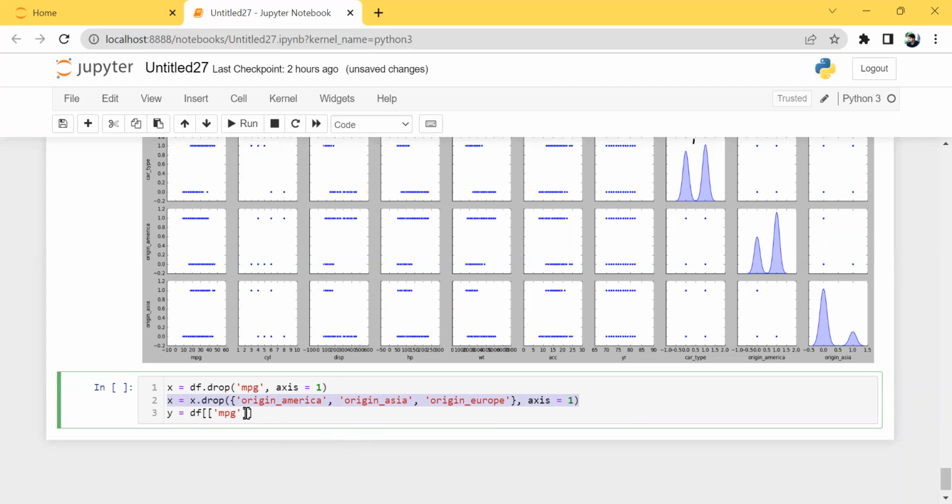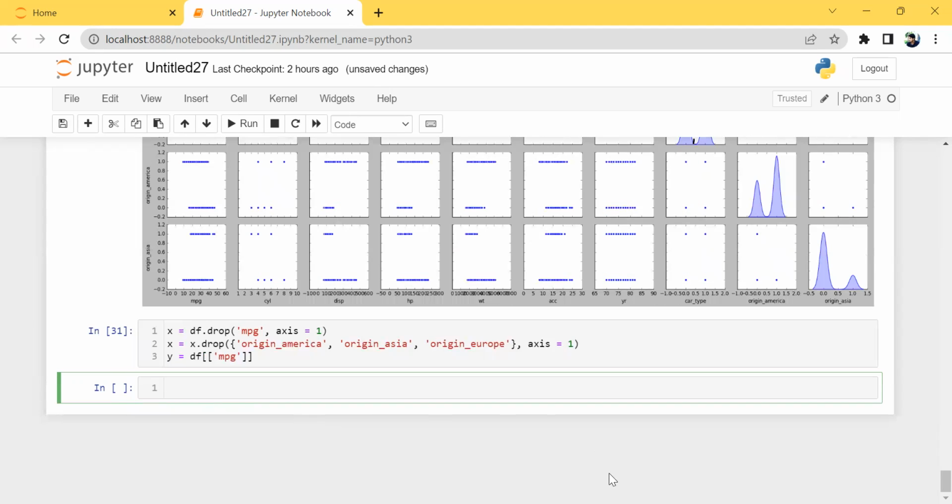So I have split my data. The MPG column is itself a data frame, and for the other, I have dropped the MPG and considered all the remaining independent columns. And here I have only taken the MPG column, right? If I hit shift enter, what happens? Okay, now from sklearn.model_selection, we can import train_test_split. Like this. If I hit shift enter,